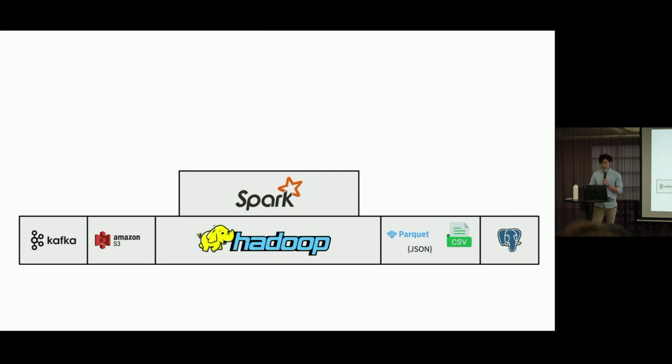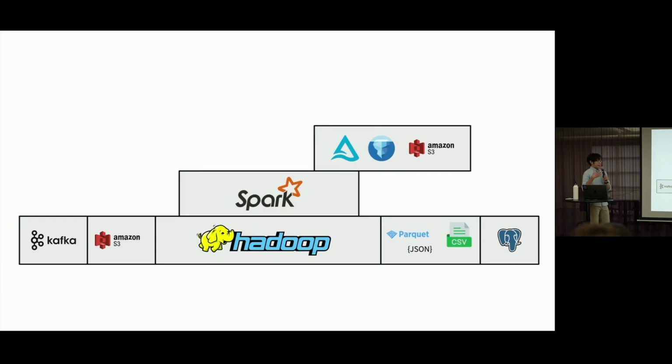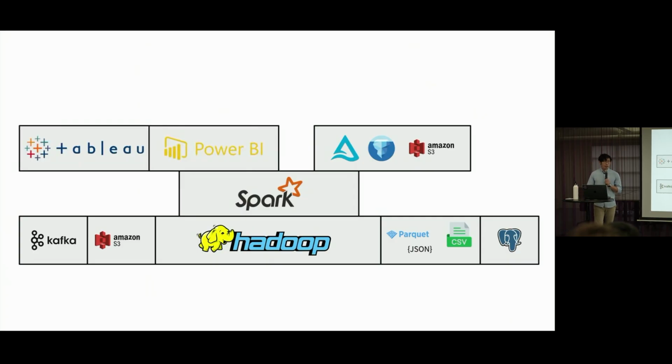Spark will compute, it will run your analytical queries, it will clean up the data, process it, aggregate it, and then maybe it takes your cleaned up data and stores it back to storage. You get all your different table formats, Delta, Iceberg, you store it back into S3. And then you can even pipe it to all your business intelligence tools, Power BI, your analytics tools like Tableau. This is like a fantastic ecosystem.